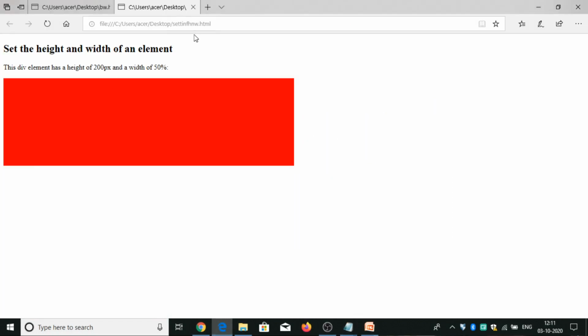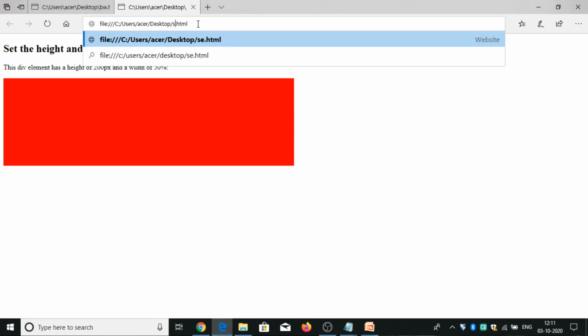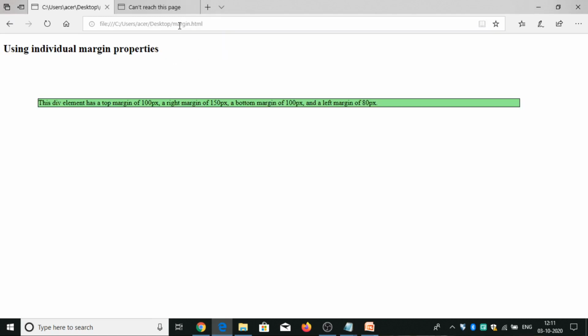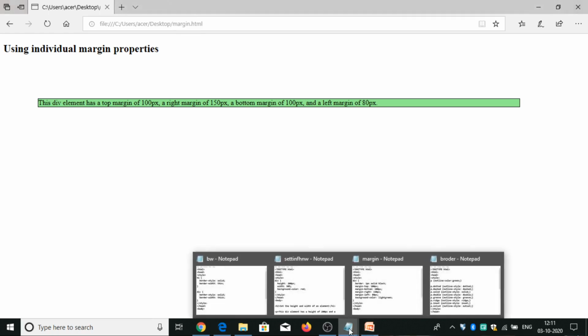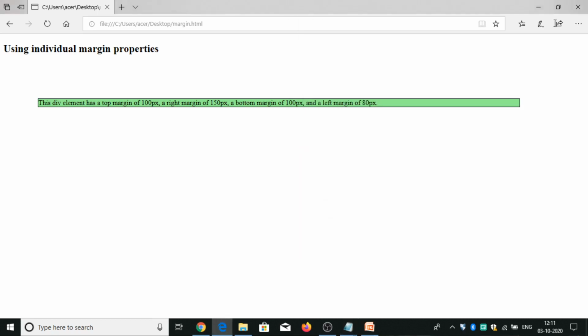Let's run this program. So this is our program. For that output is this. This is the output of our margin properties.